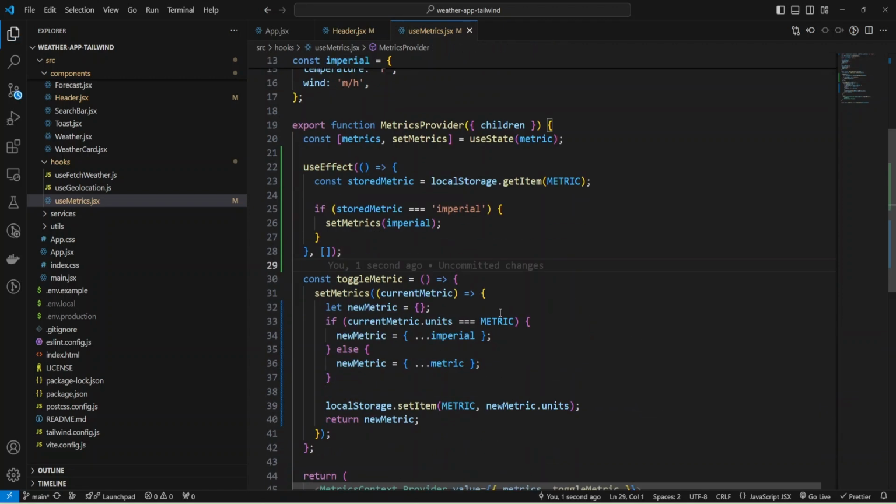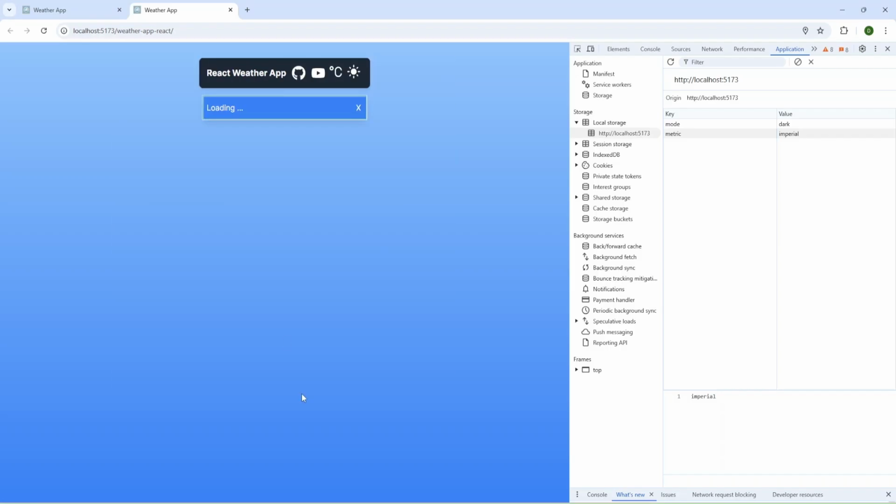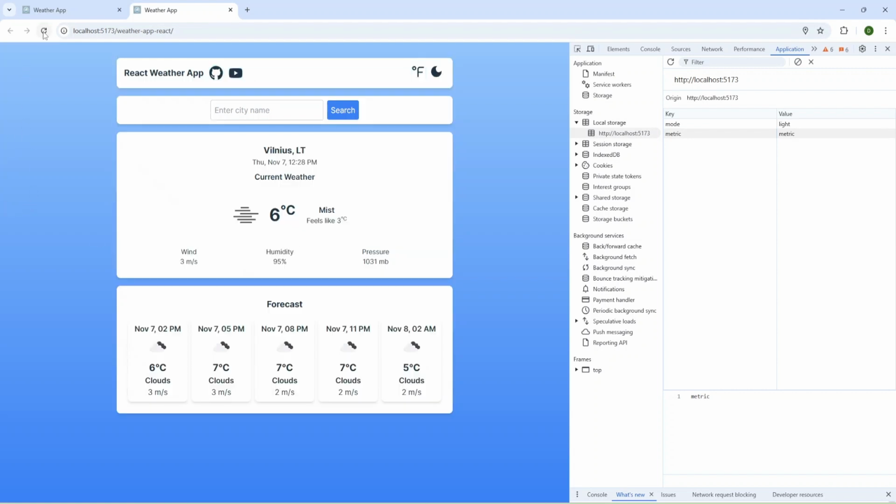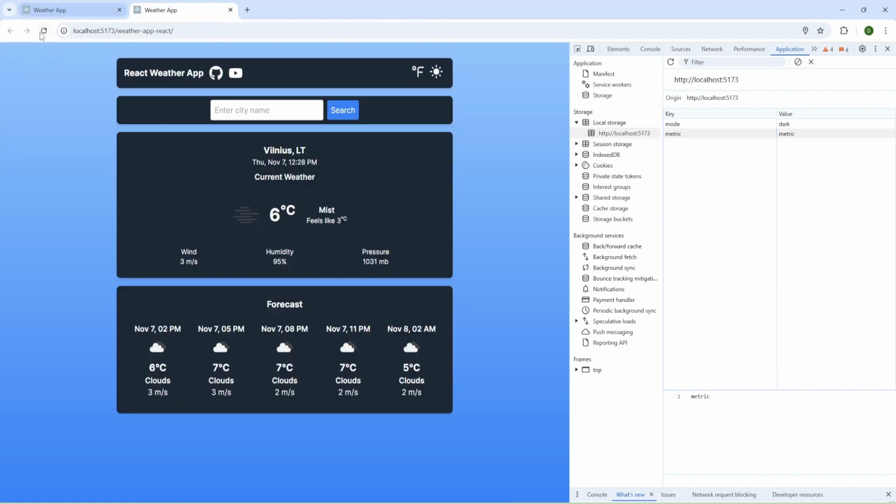And let's check, and let me refresh the page, and as you can see we have Fahrenheit because we have the imperial metric, and I'm going to change to metric and refresh the page, and we have Celsius and meters per second, and also I can change the dark theme, and we have light theme, and check again.